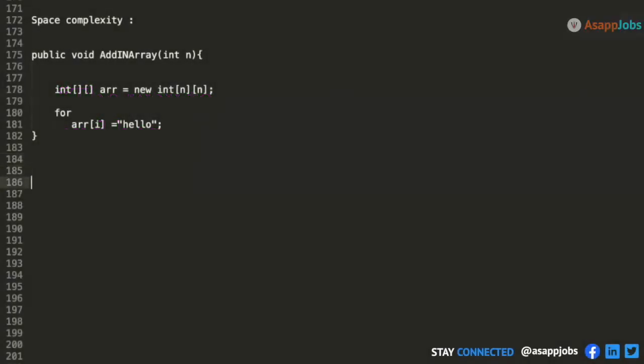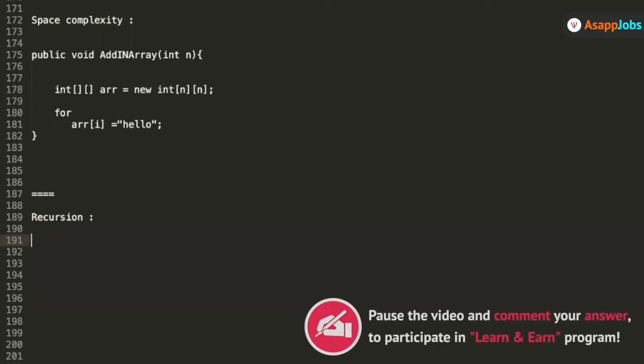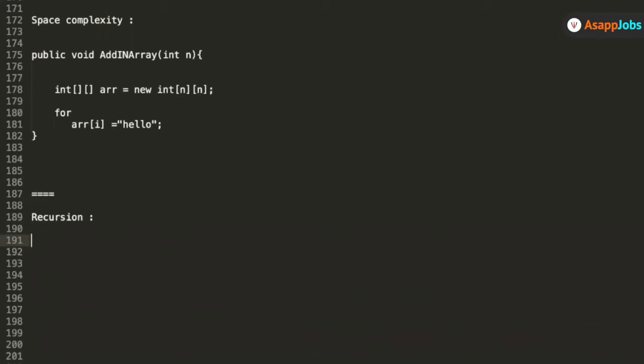So let's talk about recursion now. Okay. So I believe that you guys are already working in the industry. So iteration will already be clear to you, and recursion will also be clear. So can you tell me, when you write recursion, what are the most important things you should take care of? Exit condition.